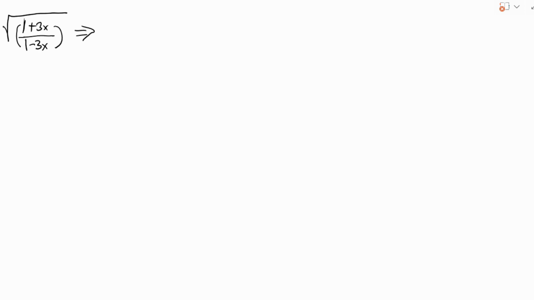Now as we know, the square root of a number is the same as the number raised to power half. For example, if you have root a, this equals a power half. Now I could rewrite this by taking (1 plus 3x) raised to power half times (1 minus 3x) raised to power negative half. Why am I saying that? This is simply because if you have